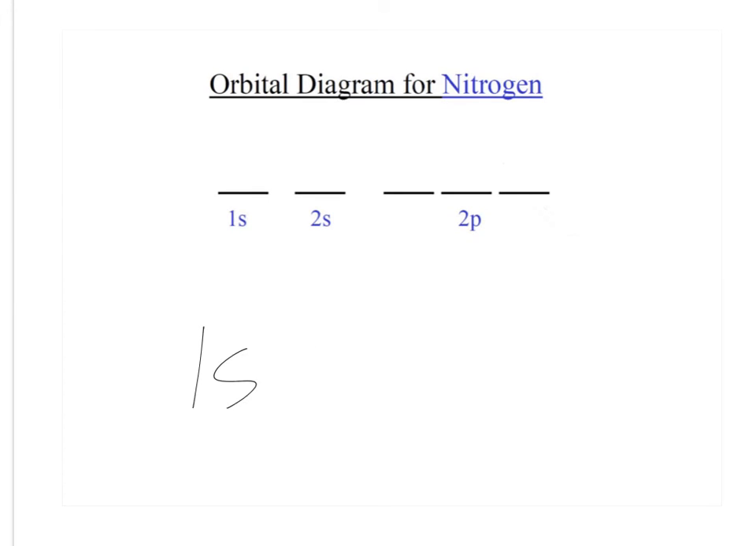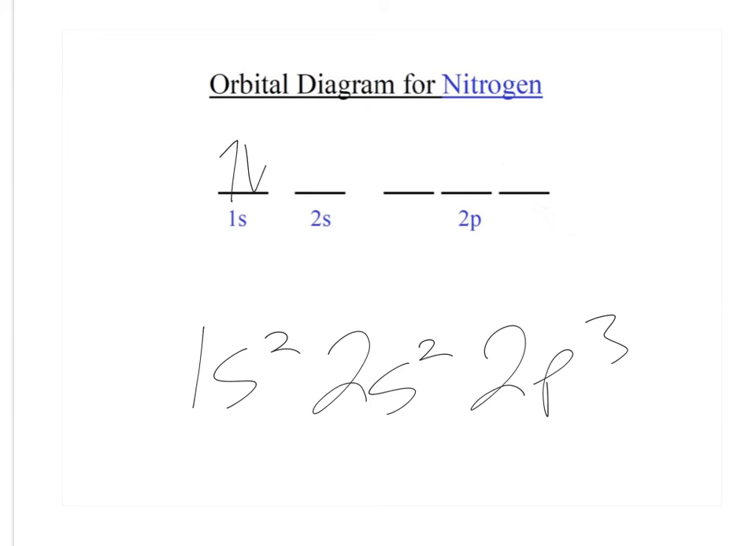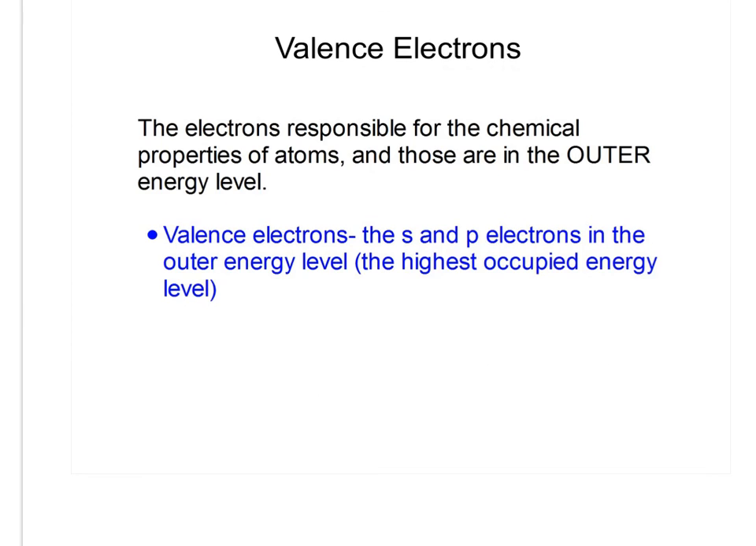Nitrogen is 1s2, 2s2, 2p3. So they fill in order, one up, one down, up, up, up. Because electrons repel each other. They don't want to be next to each other if they don't have to be. So valence electrons, those are the ones responsible for reacting. So when you have ions, so if we have this electron configuration,